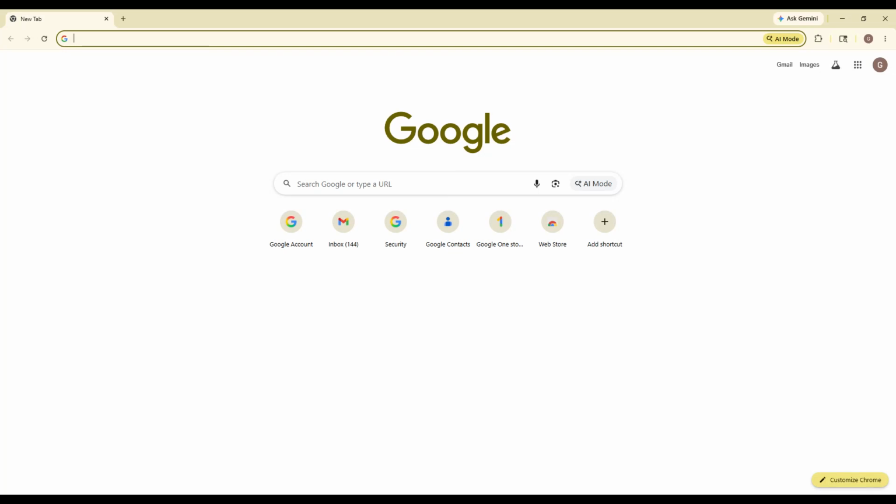If you want to delete your Google history, whether that means search activity, app activity, or other saved account activity, this video will walk you through it step by step in a simple and safe way. This is helpful if you want to clean up your account, protect your privacy, or just remove old activity you